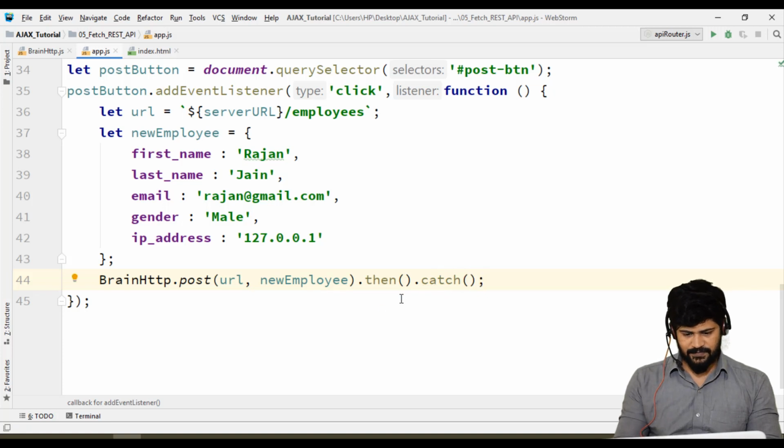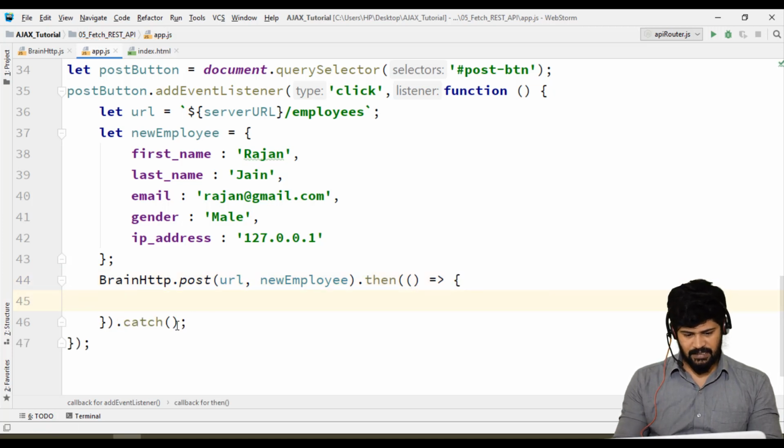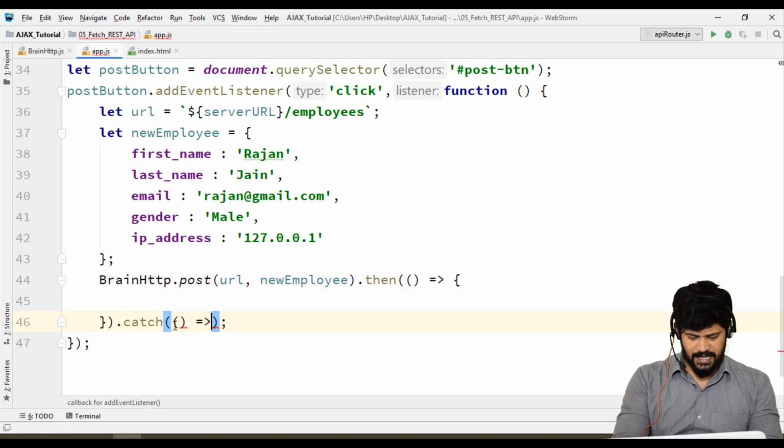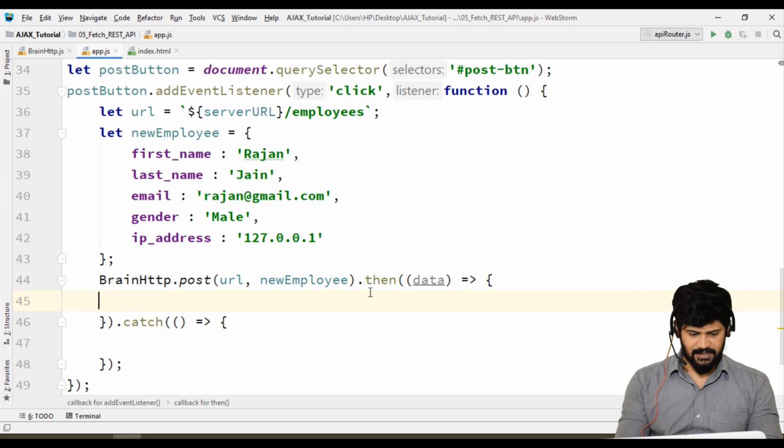Okay, so for dot then you will have one function, and call catch. Okay, and here I will get data. I just make console.log of data.